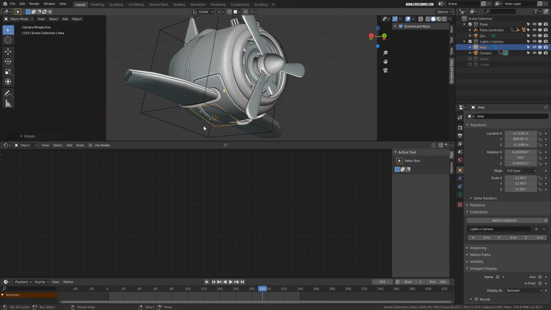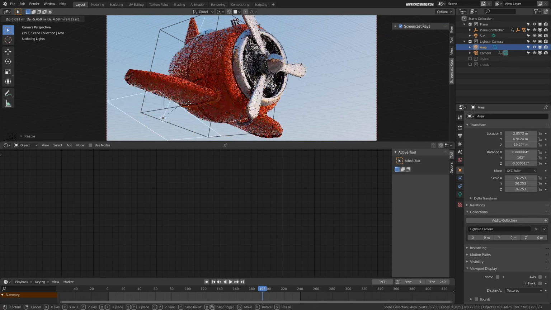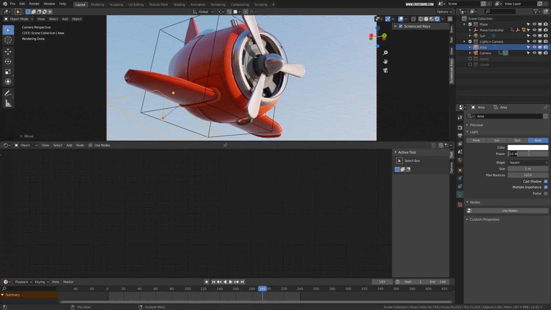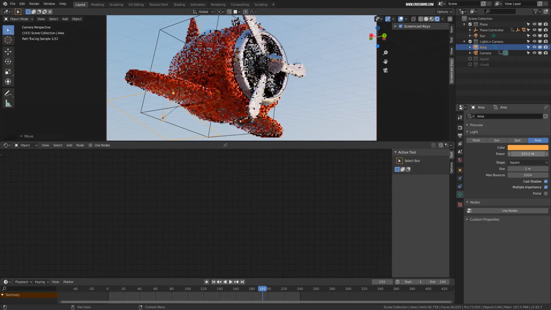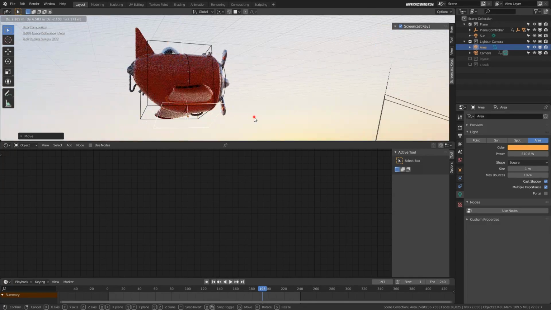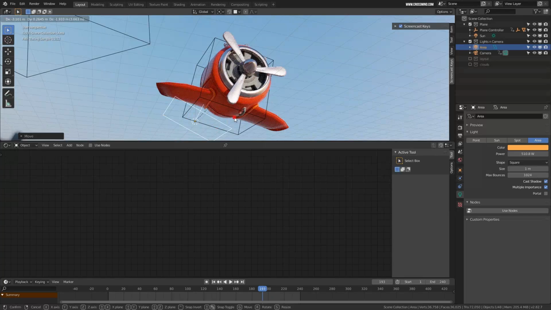and rotate this one the other way around. Now what we want is, we want this side of the plane to look brighter. It was looking very boring and not exciting, so let's add some warm color and it should look like a bounce light. Okay,